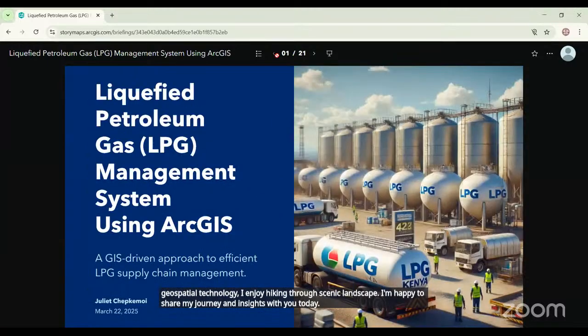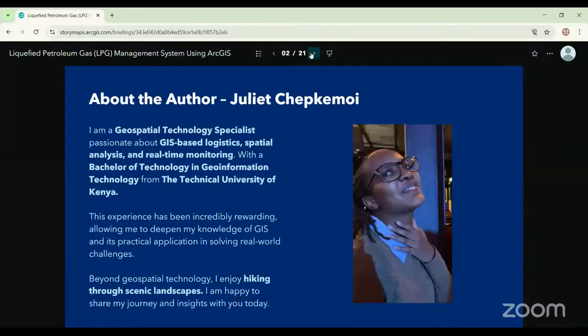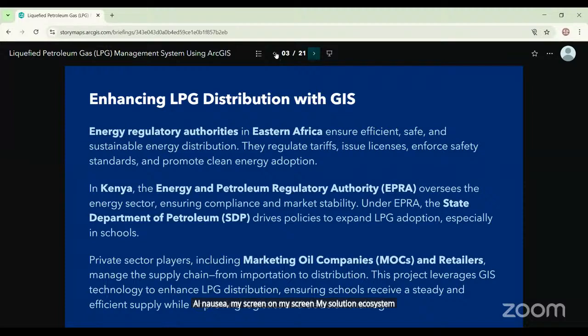My project is on a liquefied petroleum gas management system using ArcGIS. This is a GIS-driven approach to efficient liquefied petroleum gas supply chain management. I'll now share my screen on my solution ecosystem. I'll first introduce my project, enhancing liquefied petroleum gas